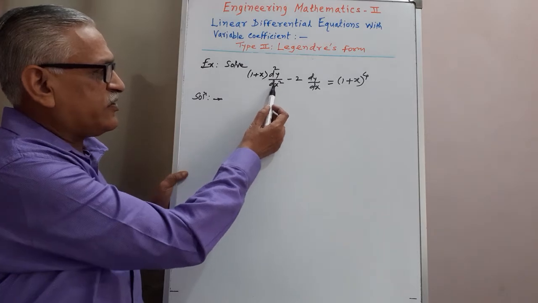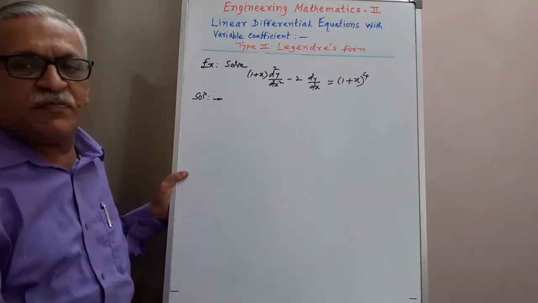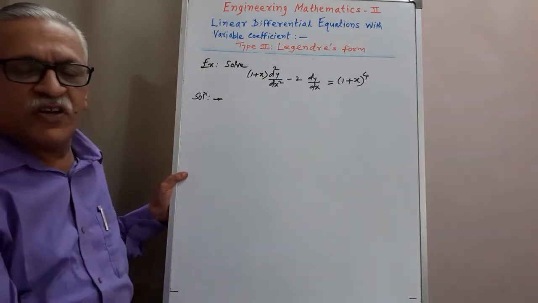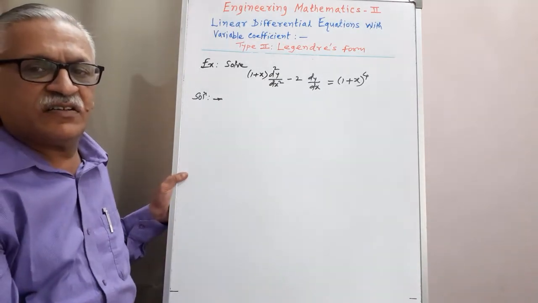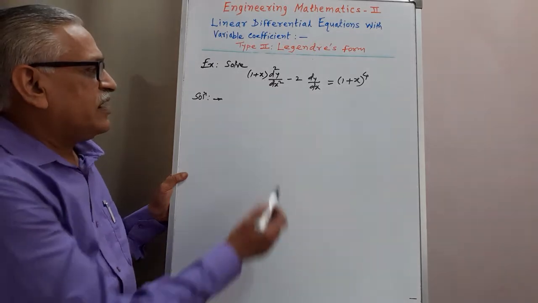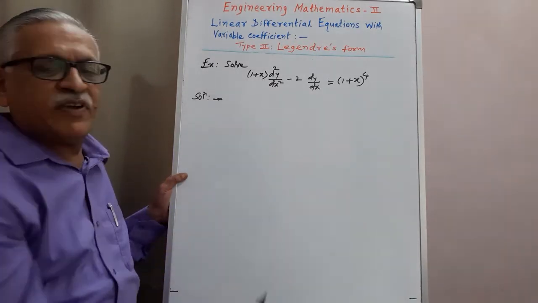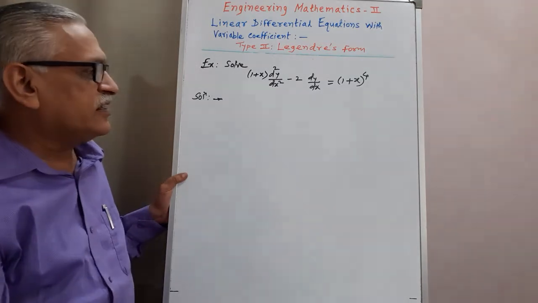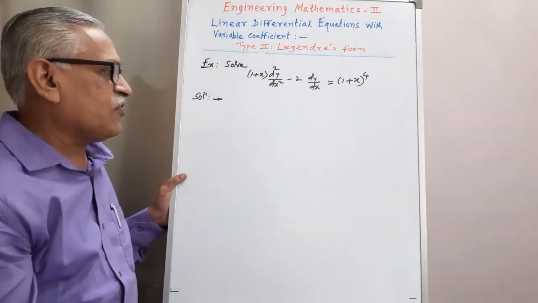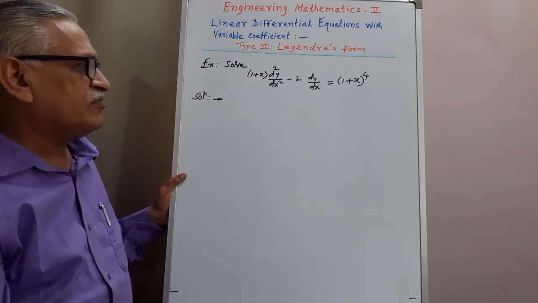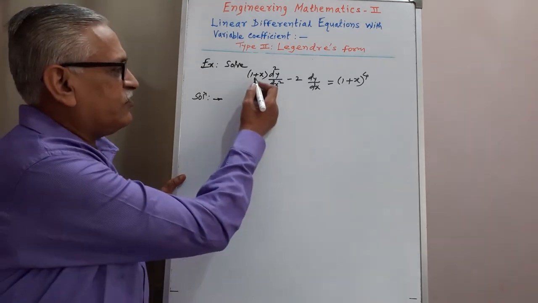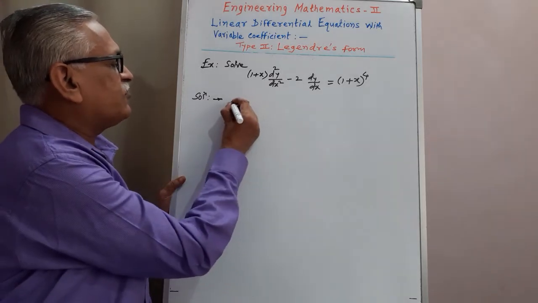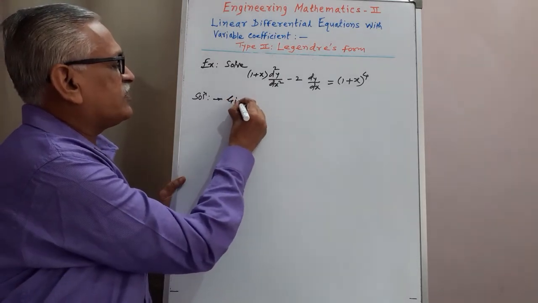Here the second order derivative is multiplied by a variable coefficient, and dy/dx has no variable coefficient. As it is multiplied by a variable coefficient of the type ax + b, the given equation is in Cauchy's form. Only we have to multiply this throughout by 1 plus x. Therefore, the given differential equation is